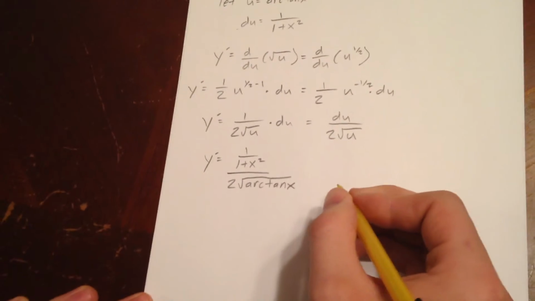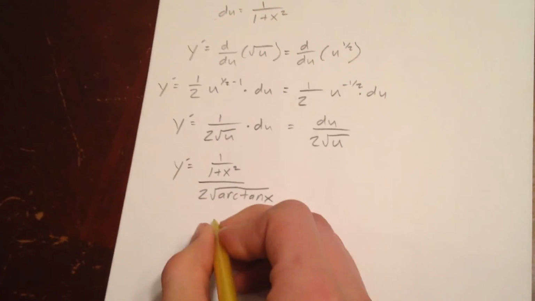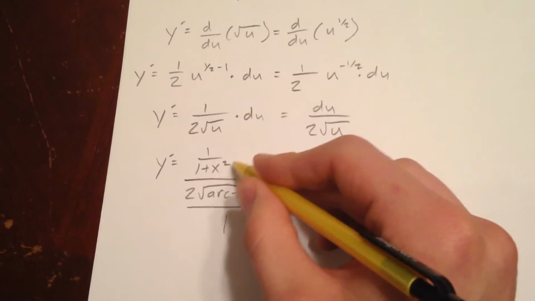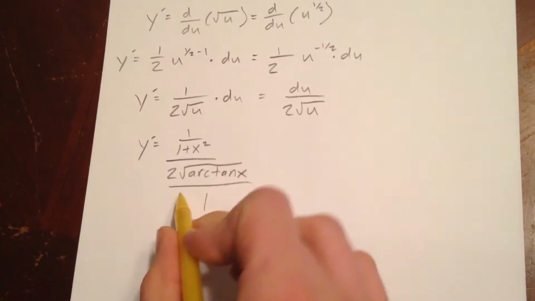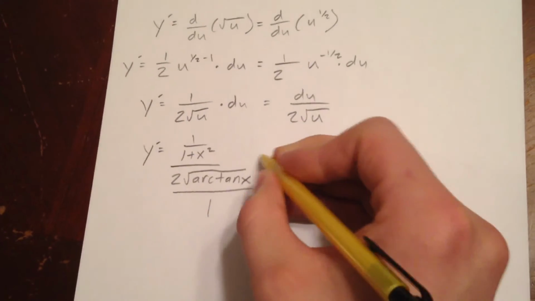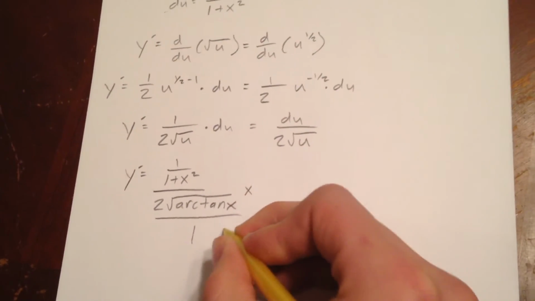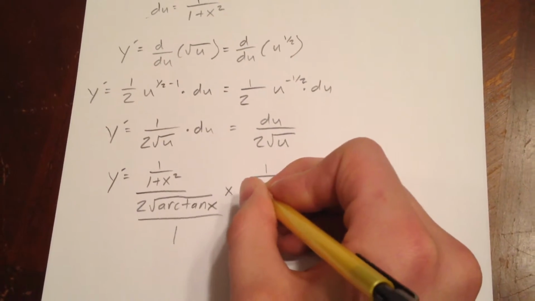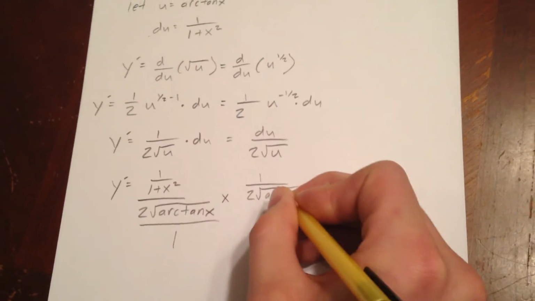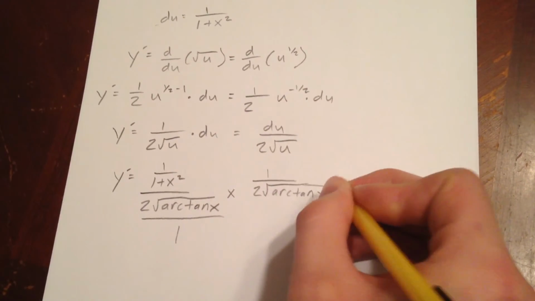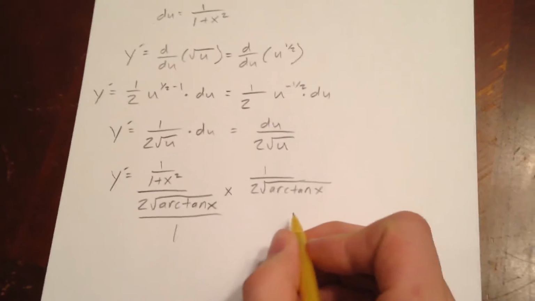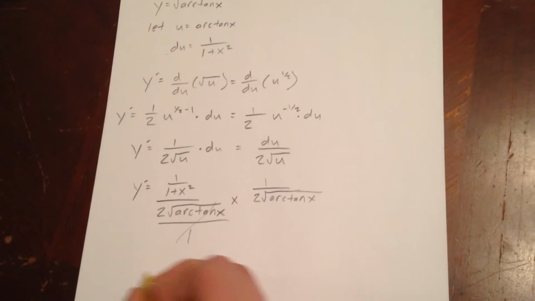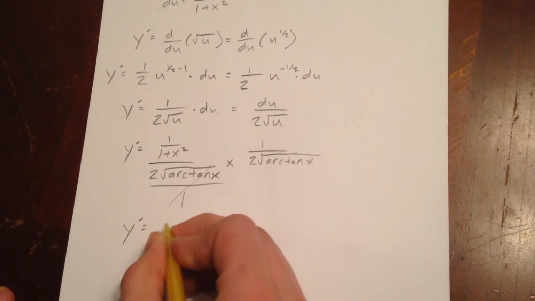We can rewrite that if we multiply, because 1 over 1 plus x squared is divided by 2 times the square root of the arctangent over 1. You can multiply by the reciprocal of that, so it's going to be actually 1 over 2 square root arctan of x. Now that we have that, this one's going to cancel out, and this is going to be like that,